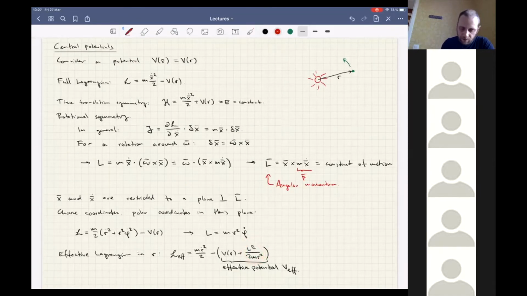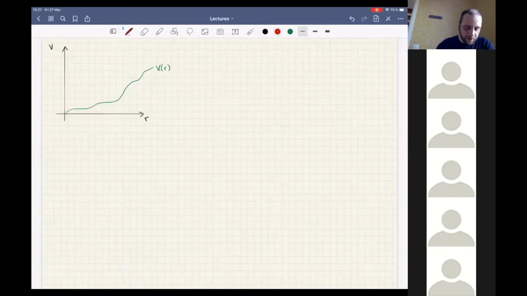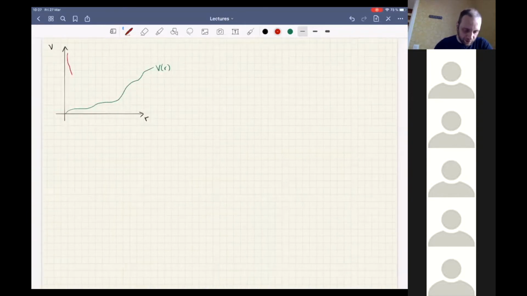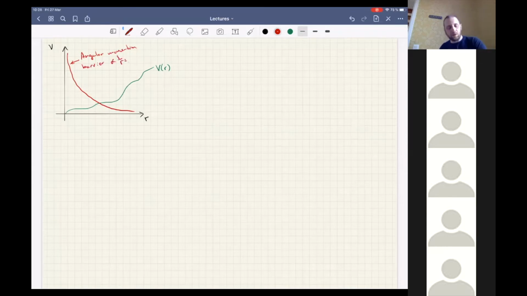So this is called the angular momentum barrier. That's going to be a 1 over r squared, and it's positive, so it's going to look something like this. So this is the angular momentum barrier again. It's proportional to 1 over r squared. I also mentioned last time that this angular momentum barrier is called this because in general